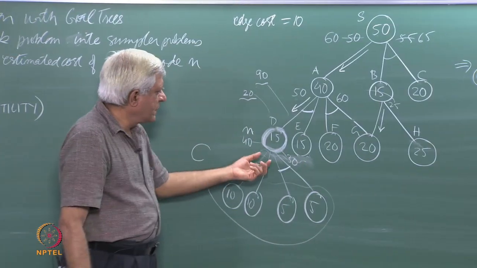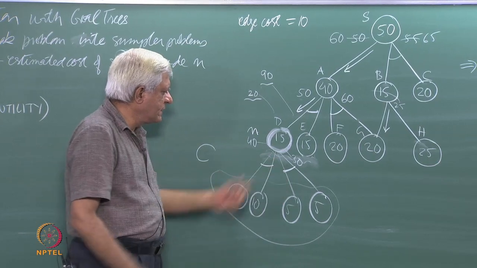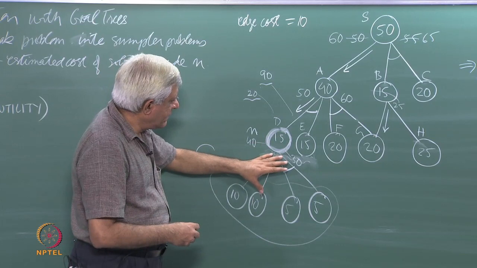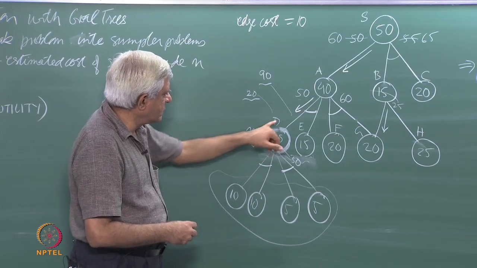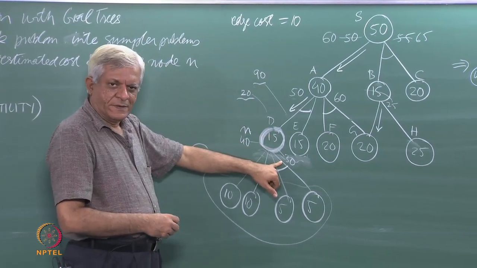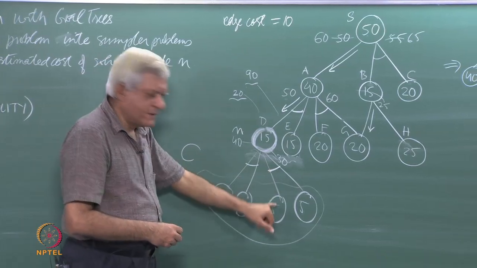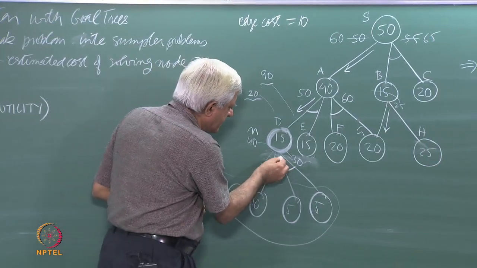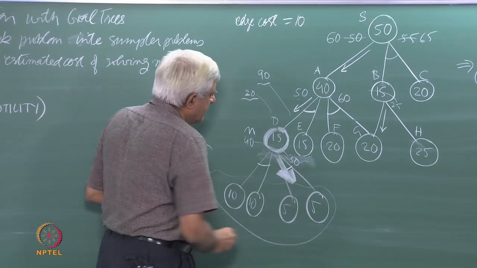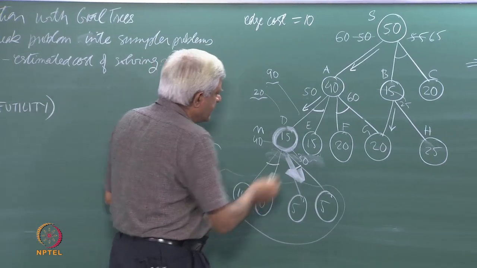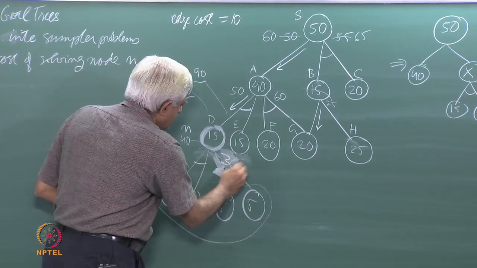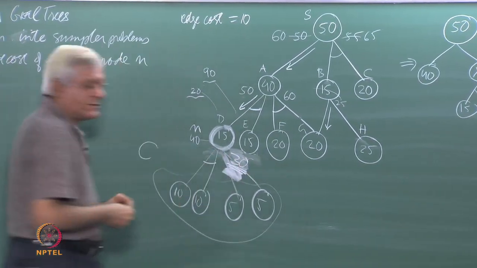So, I have to now say that the revised value of this node D is 30, and this is the best path to follow if you are solving this node D. So, I have to put this marker here and I have to revise it to 30. Okay. So, this is a new value. So, these two things I have to do,